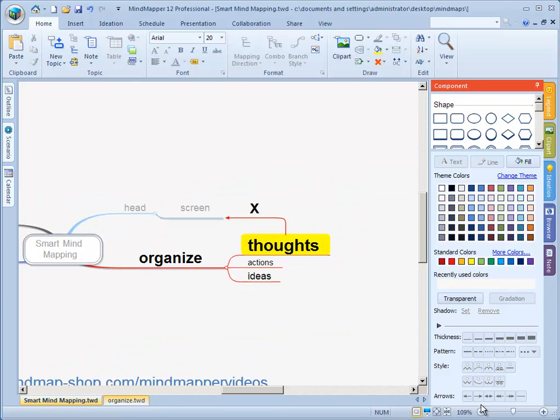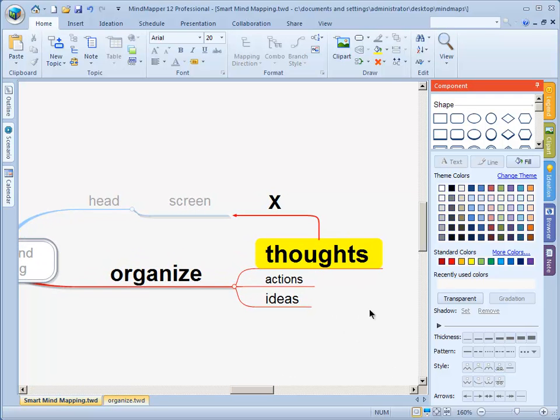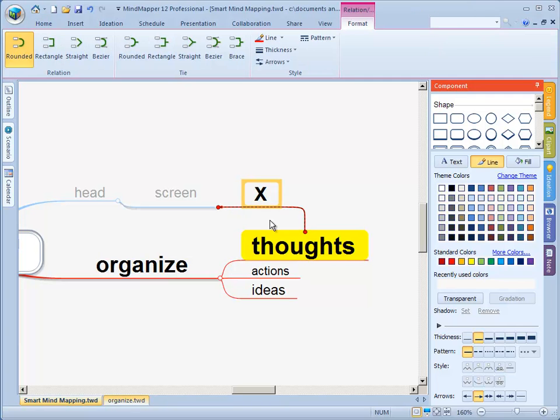I'll zoom in using this one, or Control and your mouse wheel. Red line, another red line. This may cause some confusion. So what do you need to do? You need to make sure that this line has a different structure or pattern or style than the other parts of the map. What I normally do is I'll use a